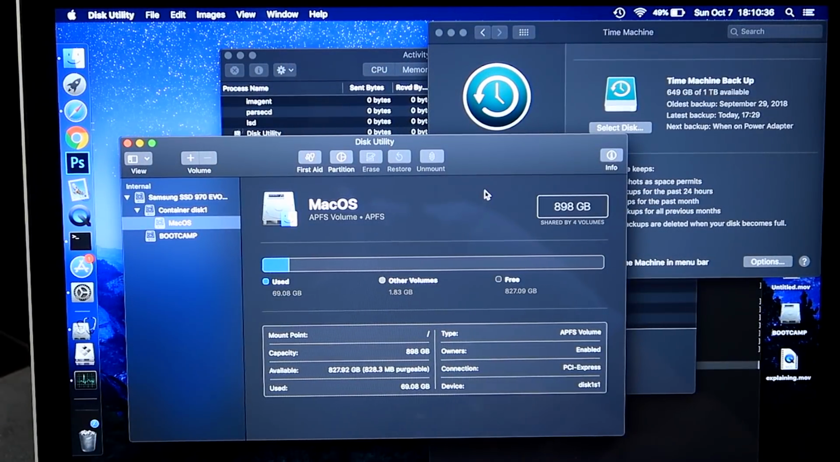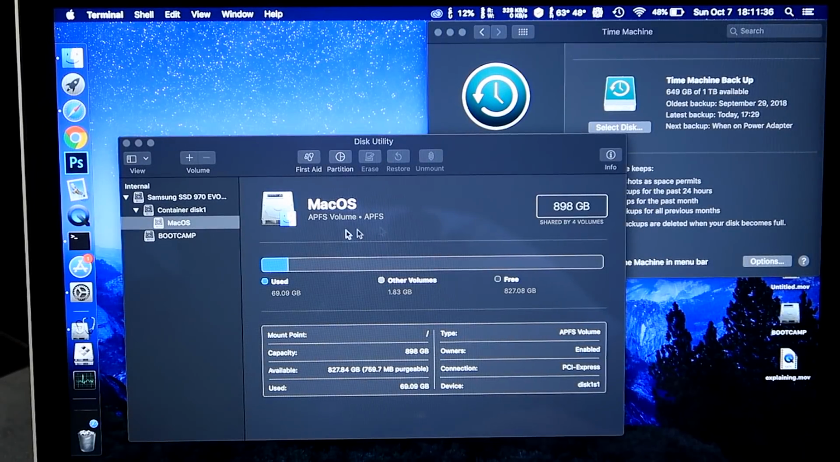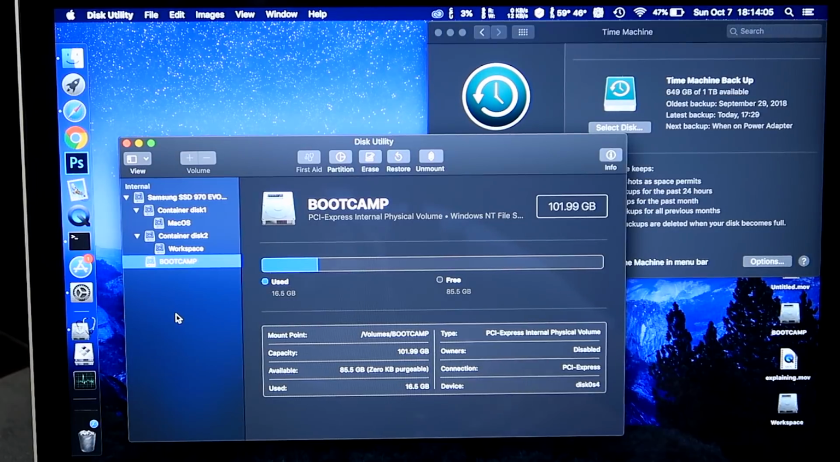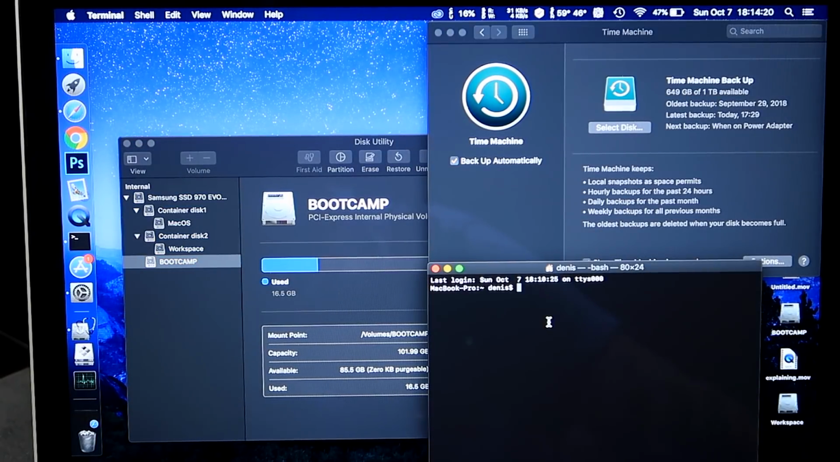Alright guys, so I just showed you it works shared by 4 volumes. When you click on the name of Macintosh HD, that's okay, that's normal. So I showed you when it works and when it doesn't work in Mojave. If you guys have issues with Bootcamp failing, then these are a few things you can do. But I showed you that in Mojave it works with a Time Machine backup, and I showed you that Bootcamp